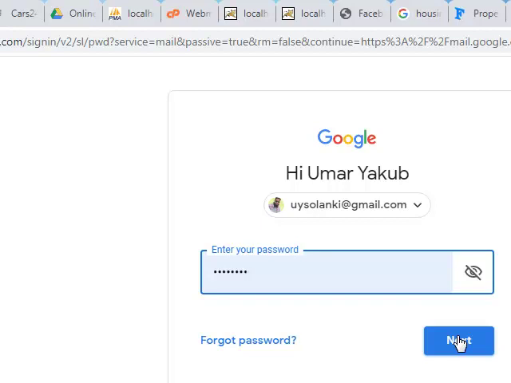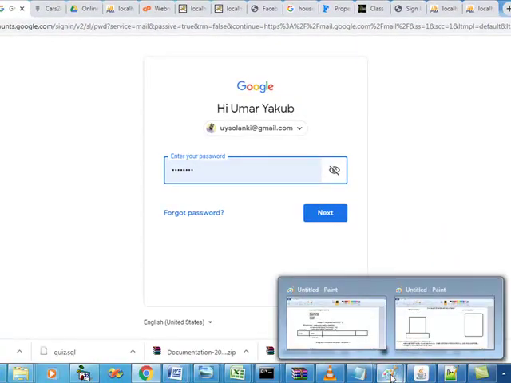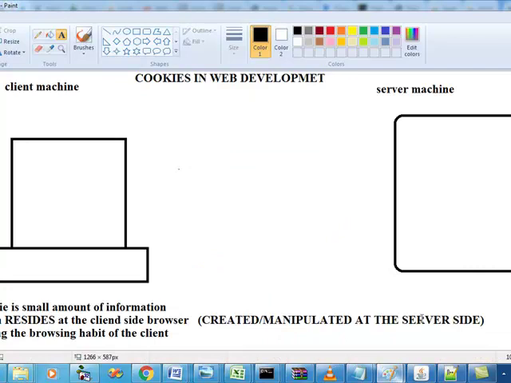So if I log in from a different machine, the browser has changed. Does that browser remember my browsing habits? I remember the ID, but I don't remember the password. Clear? So it is a small amount of data. How much memory will a password take? How many bytes does it take to store Tamil? 5 characters, 5 bytes. English, 7 characters, 7 bytes. My password, 10 characters. So is the data small or big? It's a very small amount of data.